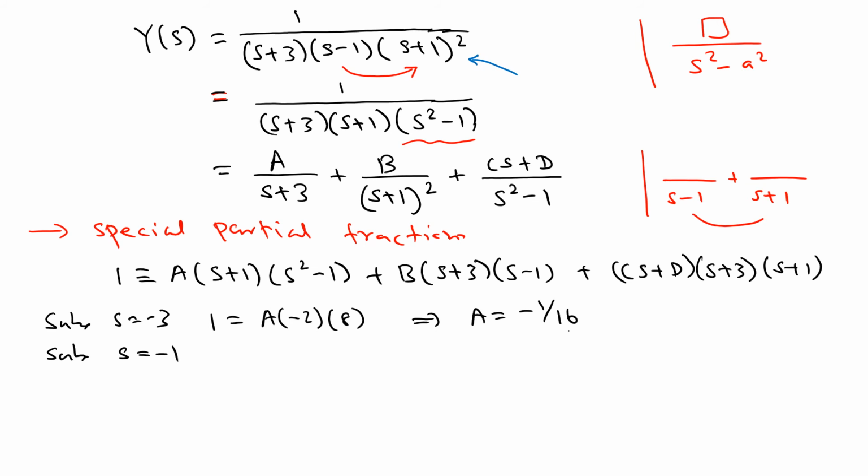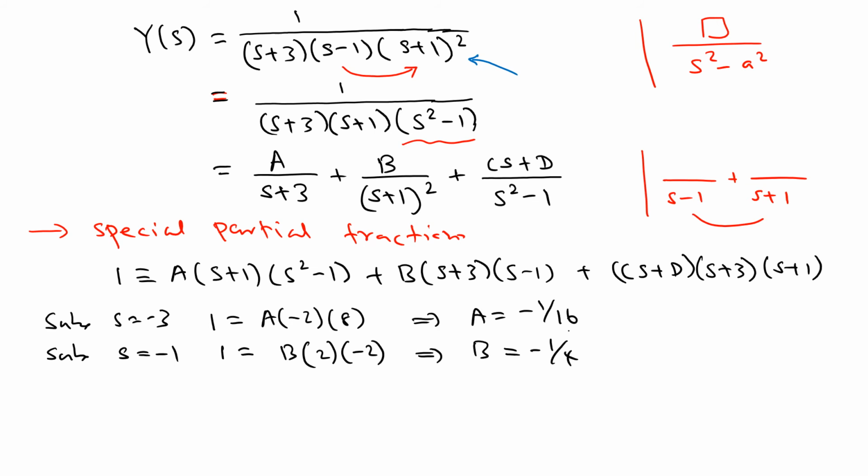So it's going to give you b. So that means again 1 equals b times 2 times negative 2. So this is going to give you b, which is negative 1/4. So we already know a. And then we're going to go with the